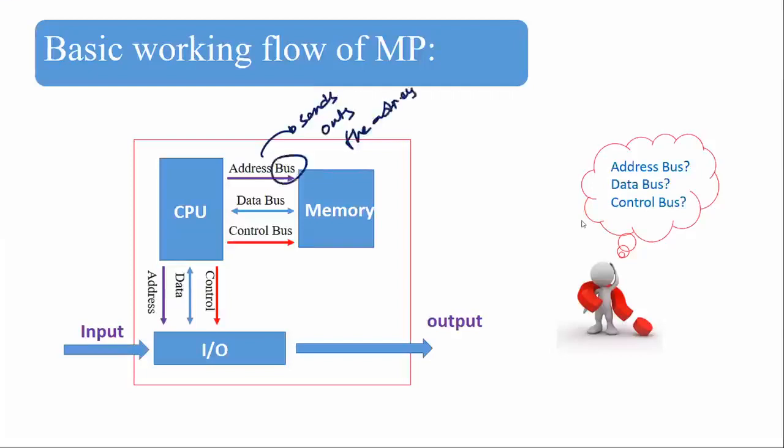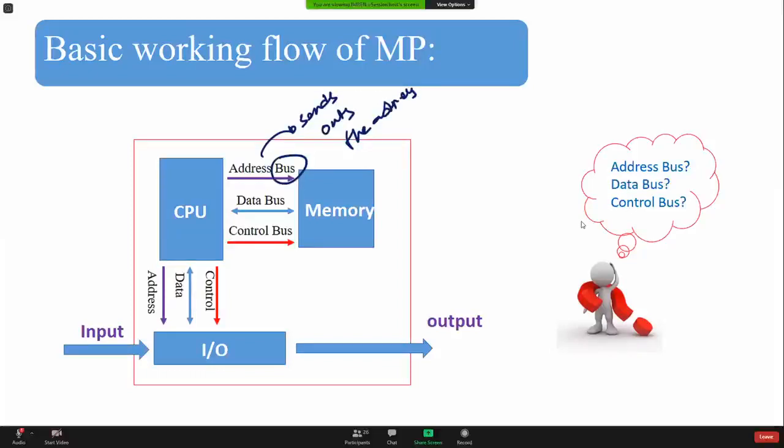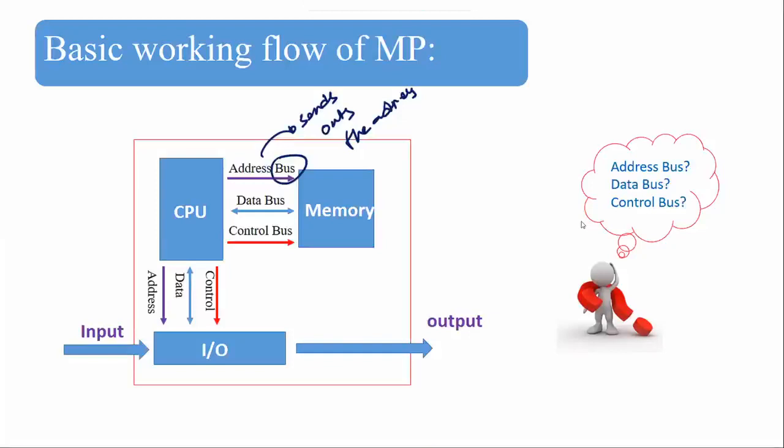What is a bus basically? It is a terminology by which we say that there is a connection between CPU and memory. It is sometimes called a communication highway. So basically, with the address bus, the CPU sends out the address, and with the data